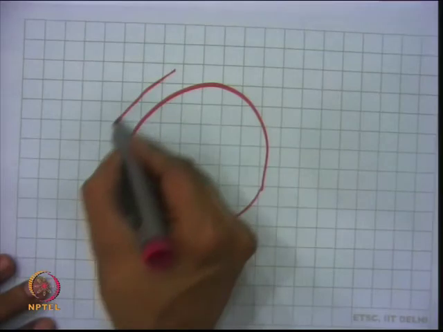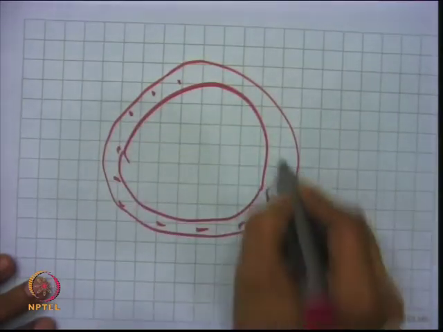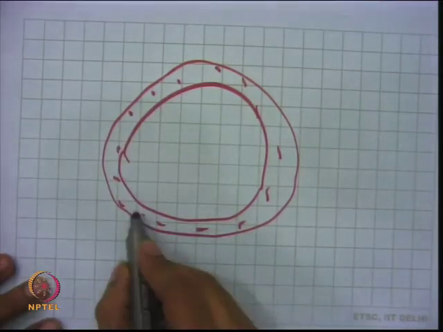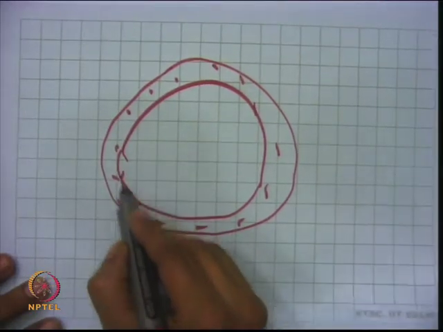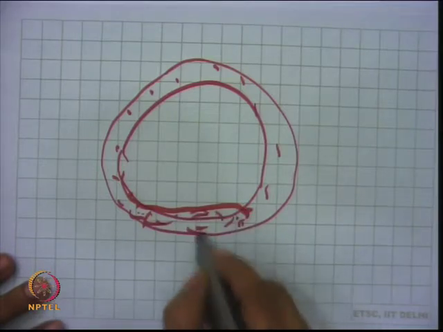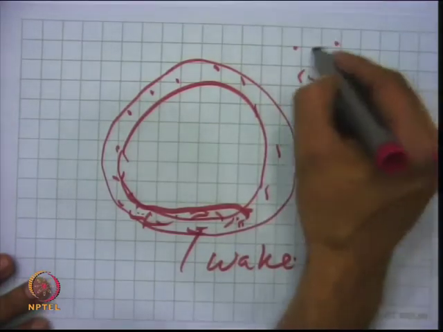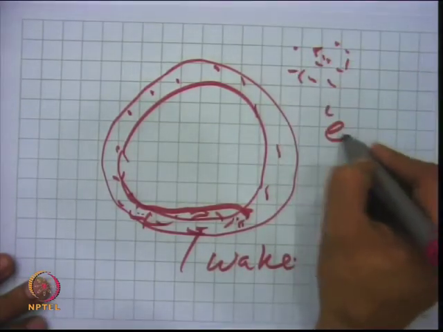But as the simplest case, what we have assumed is that there is a gas bubble, surrounded by a film of solid. There are solid particles around this, and there is some kind of wake, because at this point you will have more concentrated solids. This is known as the wake phase, and then outside of this bubble is the emulsion phase.